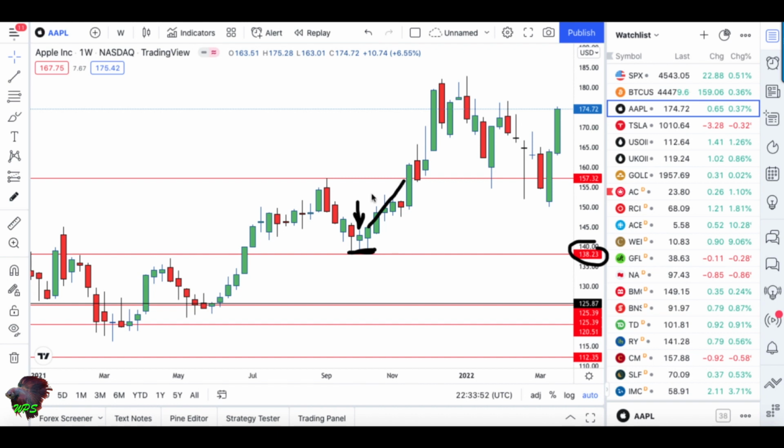Then what do we have? This is a weekly chart, so this is a very significant level again, 157.32. The market breaks out and pulls back. We get the first signal that the market is ready to continue on, which is a bullish rejecting candle here, again at 157. What we would do with this level is go to a lower time frame, like a daily time frame, and look for trades there